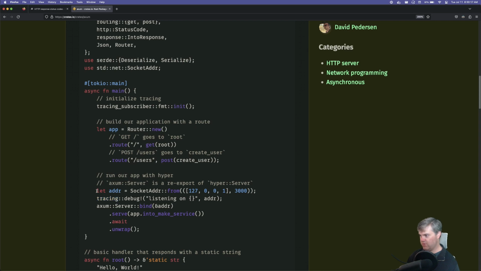So we'll start with socket address. I guess I could also initialize tracing subscriber.